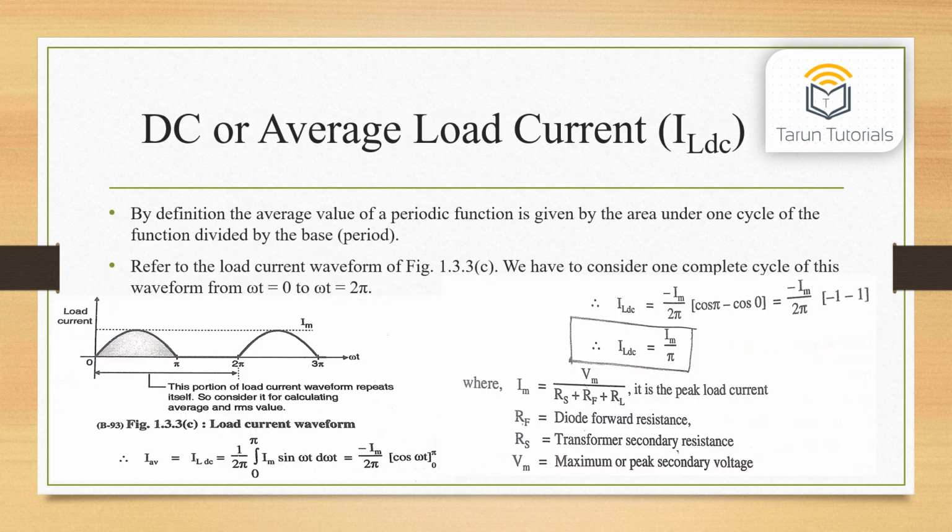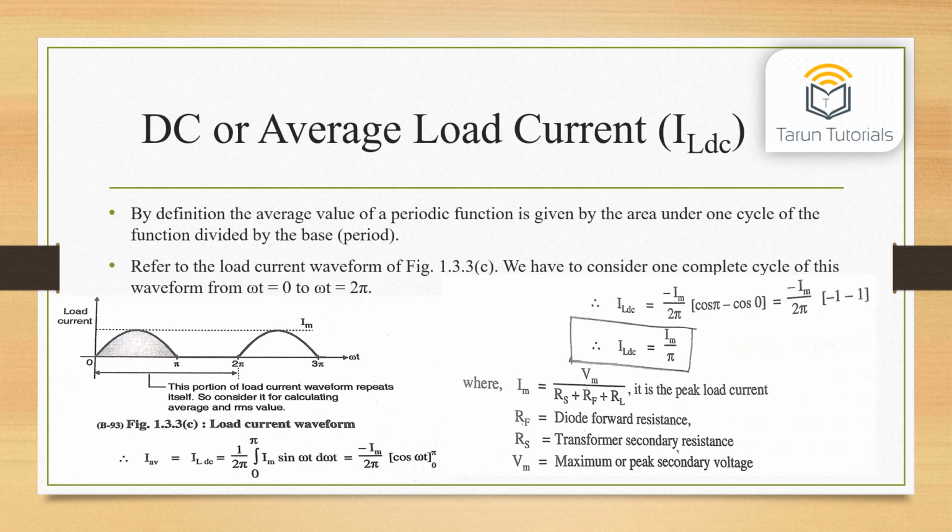DC or average load current, that is ILDC. By definition, the average value of a periodic function is given by the area under one cycle of the function divided by the base, that is period. Refer to the load current waveform of figure. We have to consider one complete cycle of this waveform from omega t equal to 0 to omega t equal to 2 pi. Now IAV, which is ILDC, is equal to 1 upon 2 pi integration 0 to pi Im